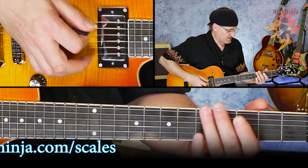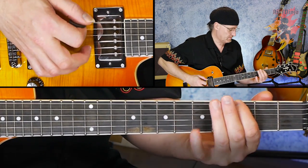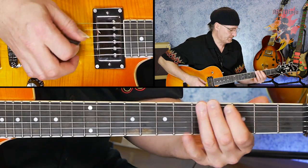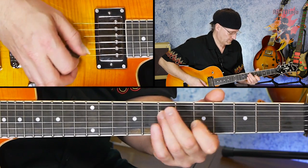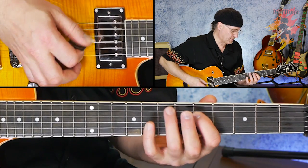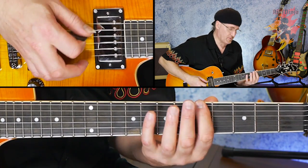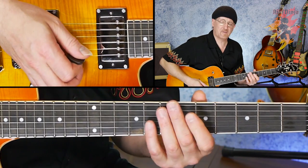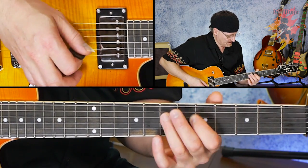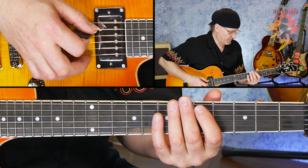So let's get on with the scale. We're going to use this pentatonic climb, which I did in my first lesson in this series. You could also apply it to the 1 position too. And most of you probably know that scale. It's a pretty common scale. But the climb is an interesting scale because it leaves some opportunities for a few different